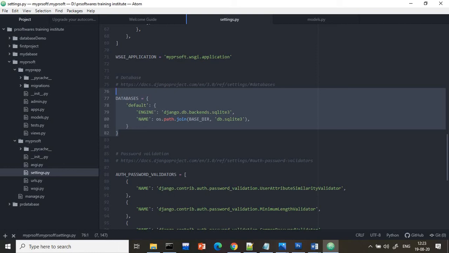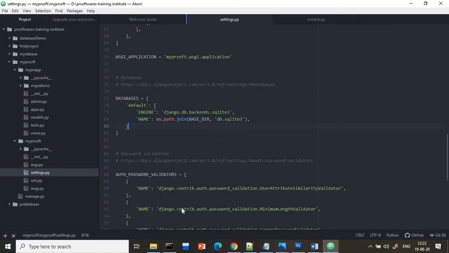But right now, what we are discussing is that by default we are using SQLite 3, and this detail is written by default into your settings file. So we need not connect the database ourselves, because in other languages, like Java, you have to write the code manually, but here predefined code is available for SQLite 3. If you want to change it, then you have to write that code also, but right now I am not changing it, so I am just writing this database thing.